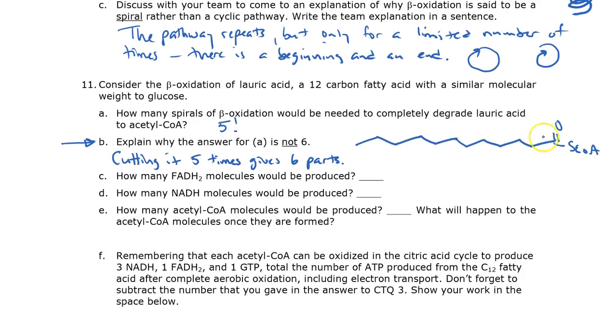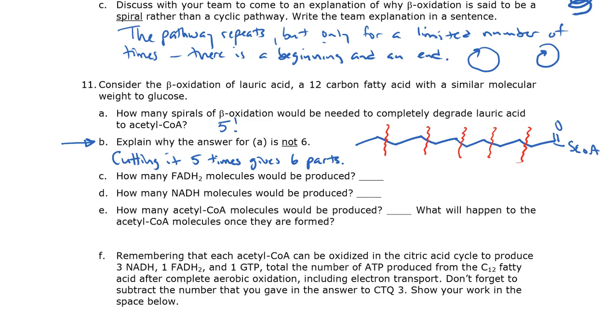So here's my picture. There's carbon 1, carbon 2, and I cut it right here. I used a different color. All right, then carbon 1, carbon 2, cut it here. So I'm drawing a line where I've cut 2 carbon pieces off each time. 3 cuts, 4 cuts, 5 cuts. When I've cut that 5th time, the piece that's left is already only 2 carbons, so I don't have to cut the 6th time because the 2 carbon piece, which is attached to coenzyme A, what is that? It's acetyl-CoA. So that 5th time results in 2 acetyl-CoAs.